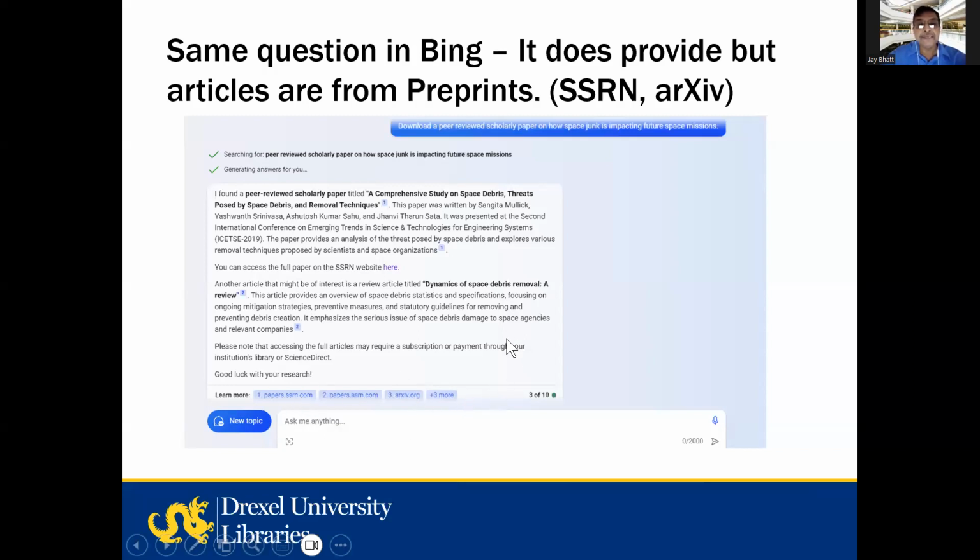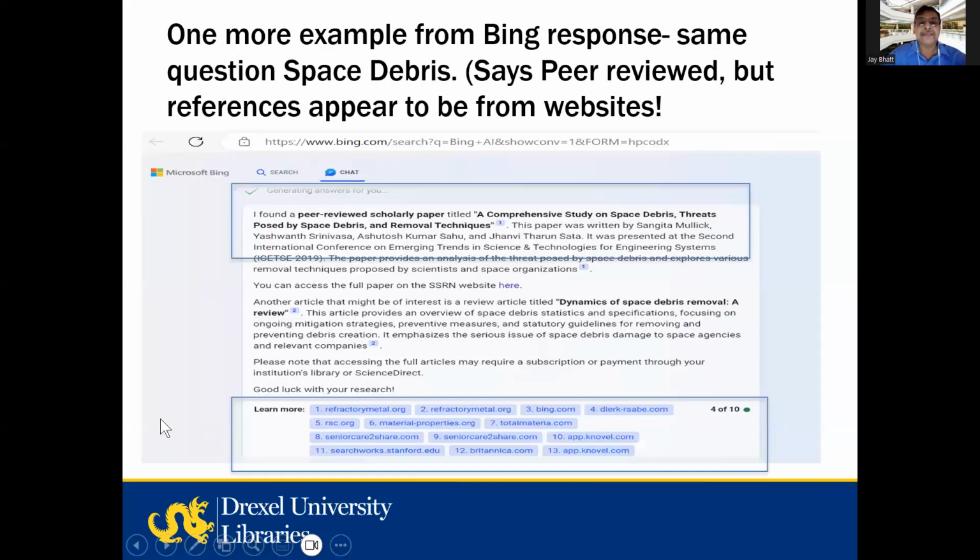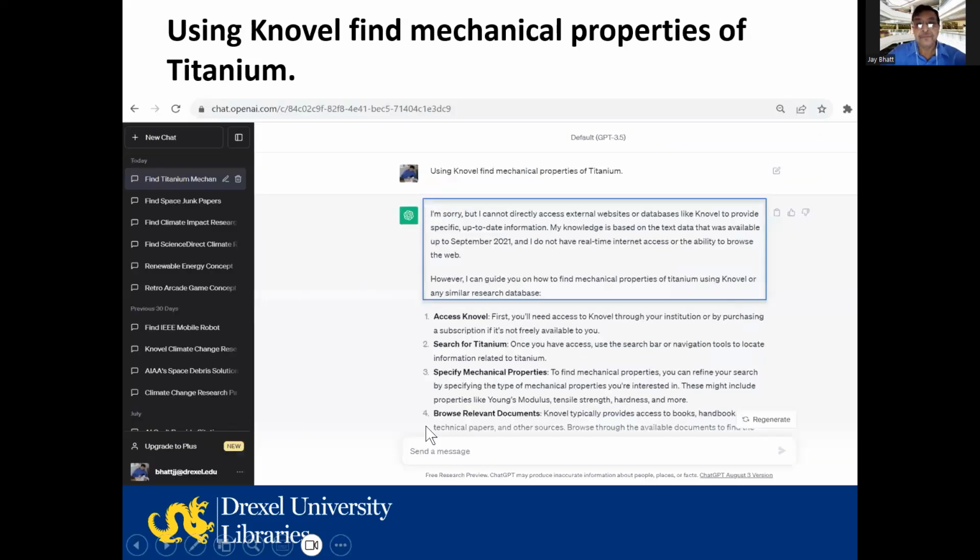What that means is it does have access to preprint repositories. So these are actually articles from preprints, but they are not coming from publications. So I don't think even Bing has access to the full-text research papers coming out of library subscriptions, at least at this stage. And you can see all these websites included here. But I have never heard of many of these websites, so I don't know how reliable they are.